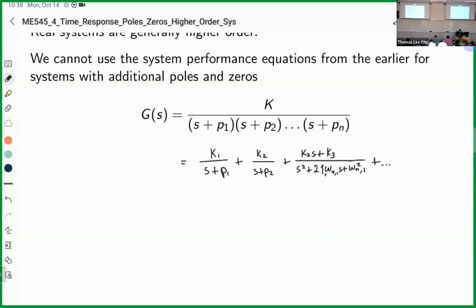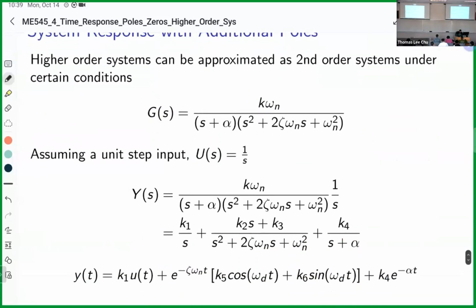So the point is that all of these higher order systems can be broken down into a sum of first and second order systems, which is nice because moving on to the next point, we can approximate how the system behaves as a reduced order system. Specifically, the textbook likes to just use second order system approximation. I personally believe we can also do first order approximation under very, very certain conditions, but we'll just cover the textbook's approximation. So higher order systems can be approximated as second order systems under certain conditions,